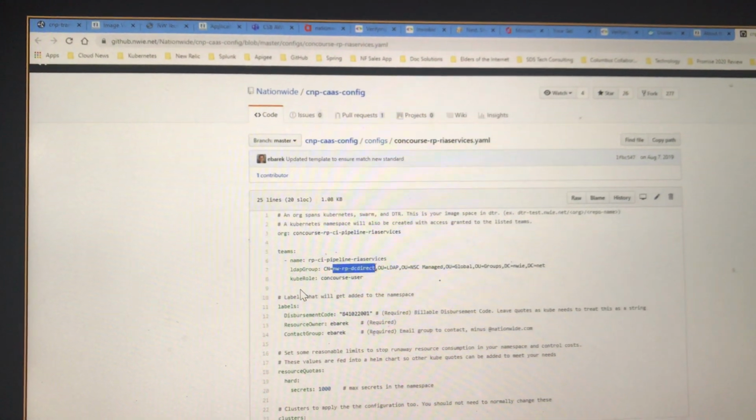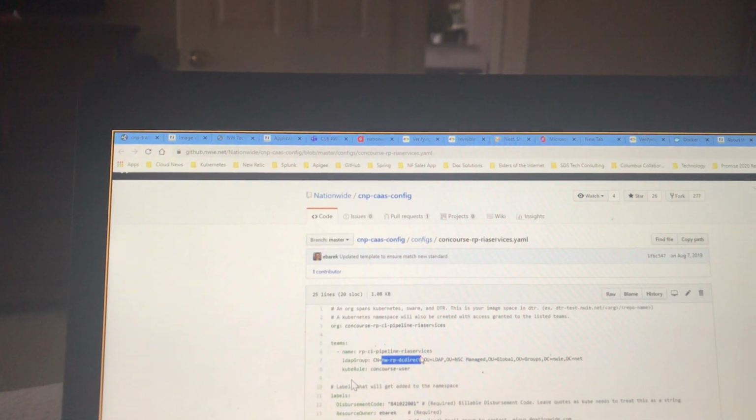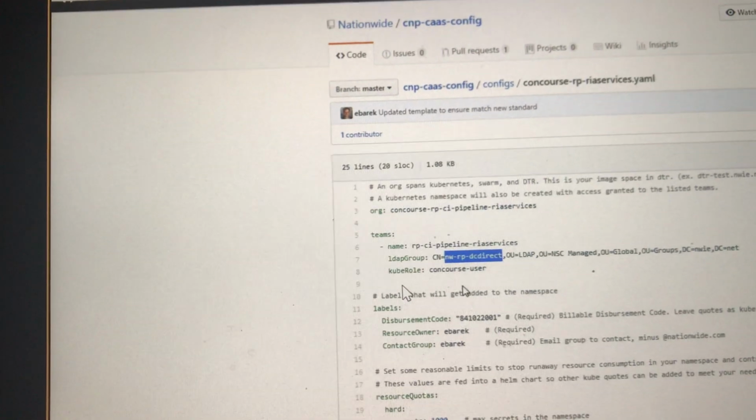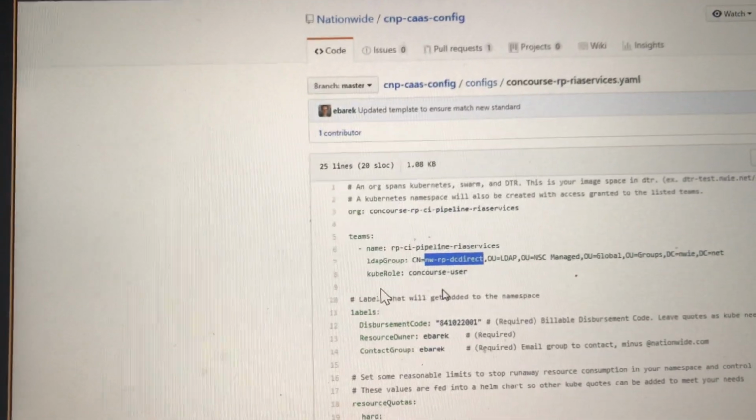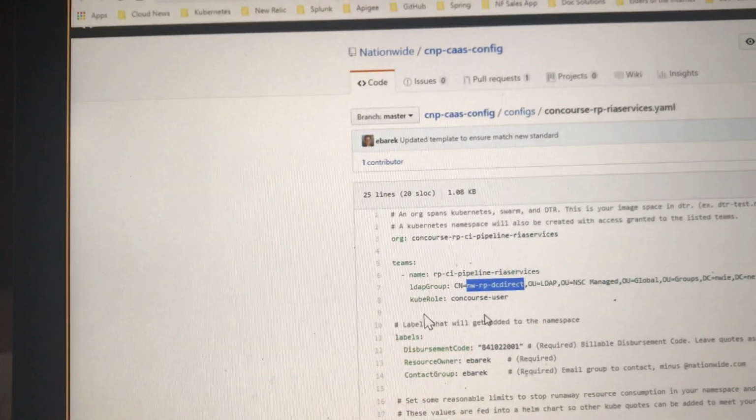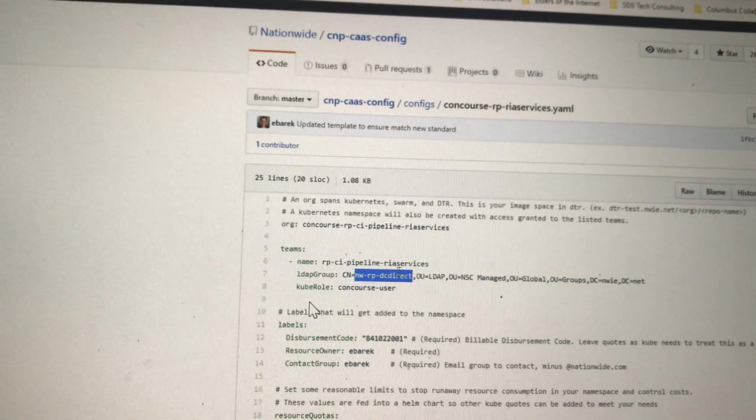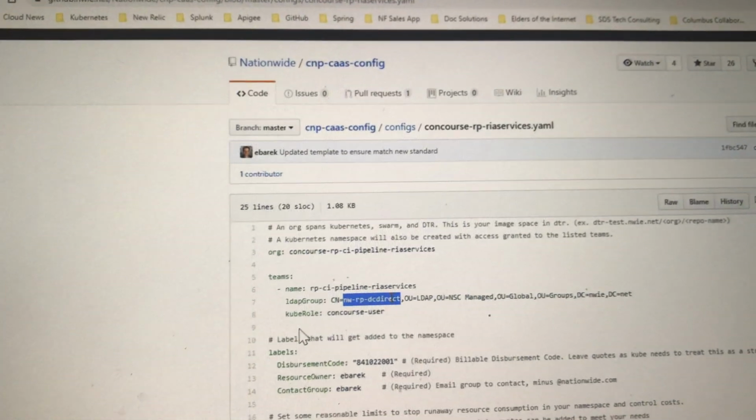But it's tied to this LDAP group. Is that the LDAP group that you did an IIQ request for? What is the group? NW-RP-DC Direct. No, that was not the group. Yeah, so maybe that's why. This is the IIQ group. There was one IIQ group, the Kubernetes access we asked for, right? The Kubernetes access Sema had submitted the request for. If you're not in this group, then you won't be able to see things in UCP